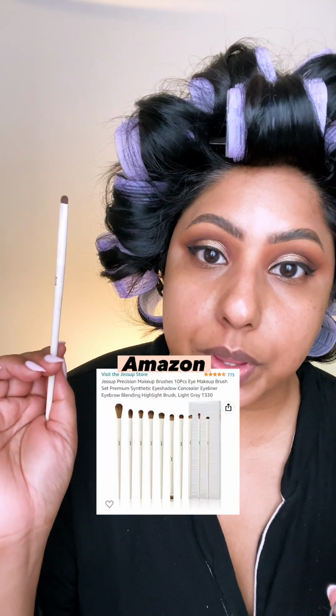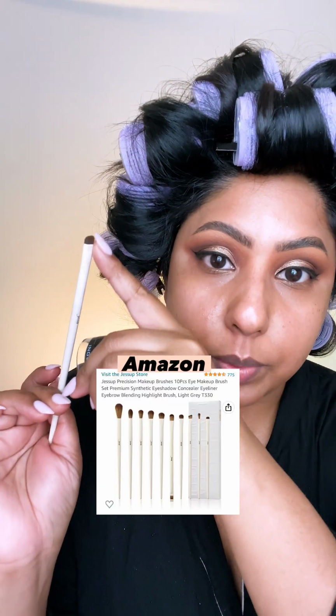For my tight lining and my lower lash line, I'm switching to this brush, which has a very soft rounded edge, so it can't poke my eye. I always use rounded brushes to tight line because you can get in there and it doesn't irritate the eye. You can get super precise. Normally something like this motion right here would totally irritate my lash line, but because I'm using a rounded brush,